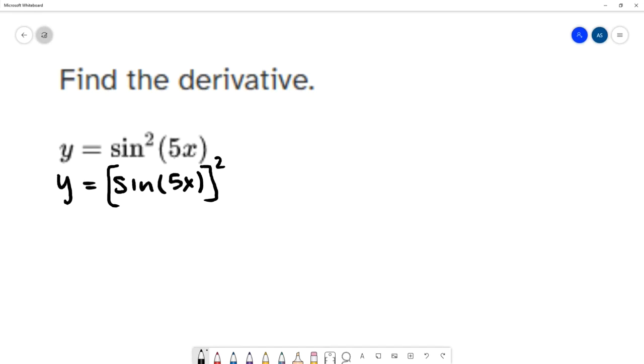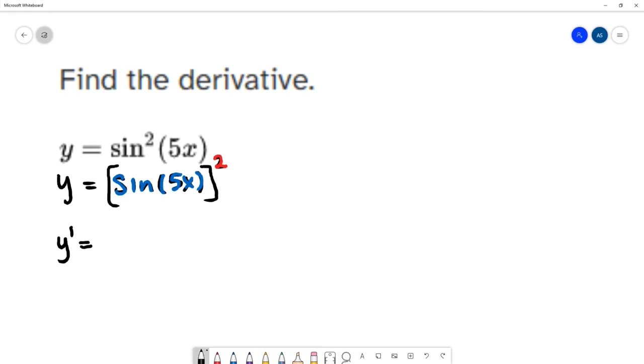So when I'm calculating the derivative of this particular function, I notice that I have a composition of functions, an outside function and an inside function. So my outside function is going to be the square, and my inside function is sine of 5x. So when calculating the derivative, I need to follow the chain rule because of this composition. So I'm going to calculate the derivative,